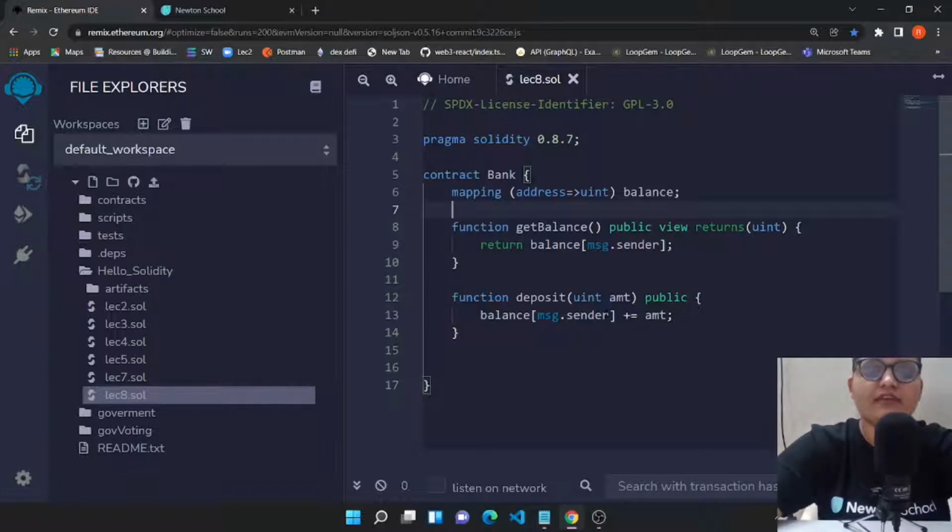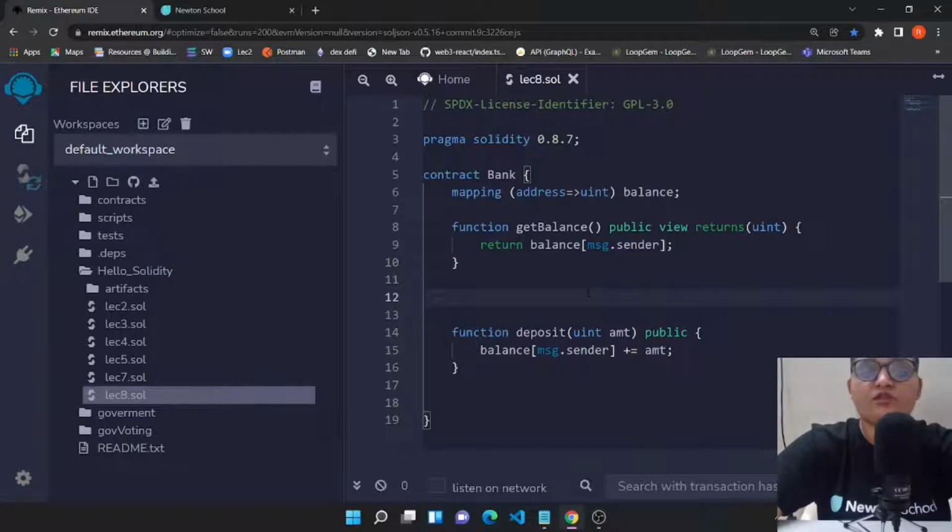So this is lecture 8, but we are just editing lecture 9. Sorry, this is lecture 9, but we are just editing the lecture 8 file. So I just removed the create account stage because I want to keep this simple and I want you to focus on the transfer function instead of all other processes.